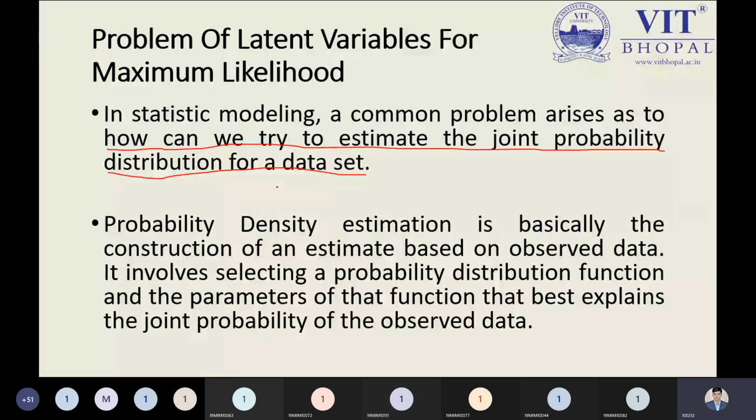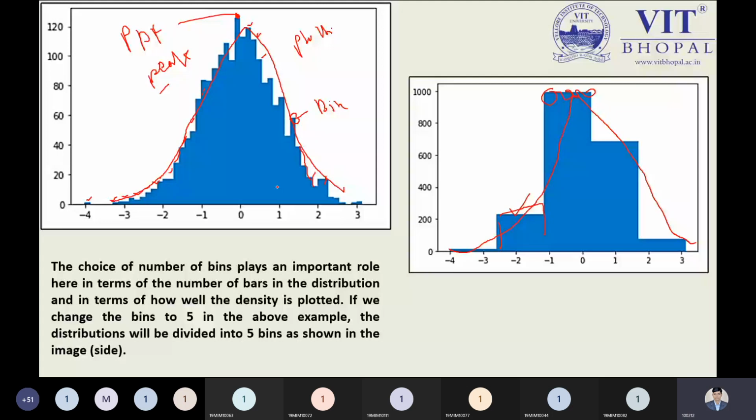So the common problem here is whether we are choosing the right or wrong latent variable. Suppose you choose the first latent variable, then you expect to get a better result. But if you choose two or three latent variables, then the accuracy goes down. So this kind of problem may occur at any time you have multiple latent variables. To understand this concept, we have a diagram, and you can understand it from this image.